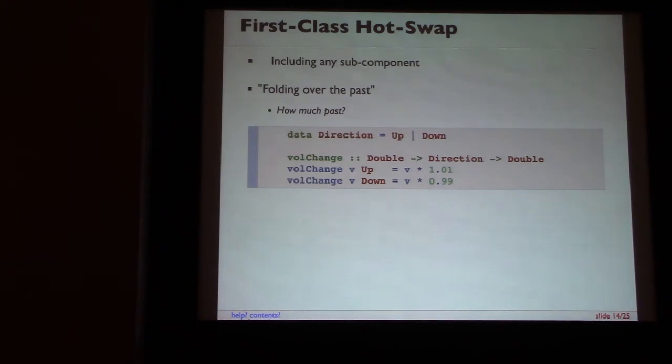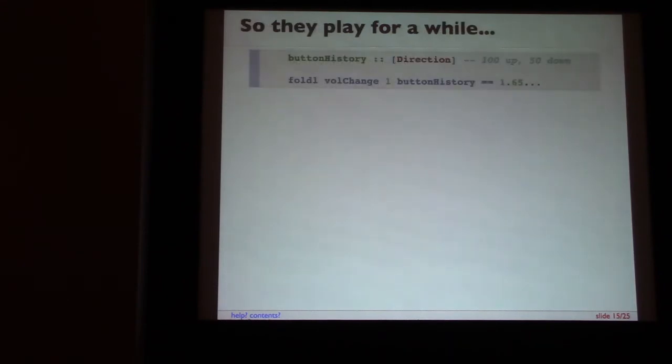So as a simple example, imagine we get input from somewhere, so a MIDI instrument or something like that. Imagine you're turning a rotary control, you have an increment or decrement. Given an increment, we increase our volume by, we multiply by 1.01, otherwise we multiply by 0.99. If we imagine as an analogy lists instead of streams, because it's simpler to think about, if we fold L, regular foldl, over our function, we end up after a little while of turning the knob with a value of 1.6, which is a reasonable increase.